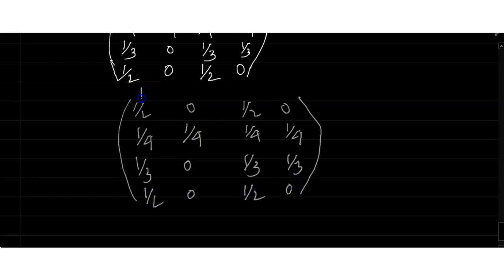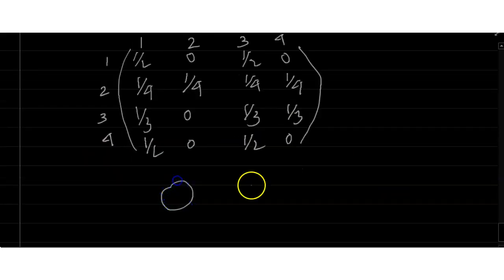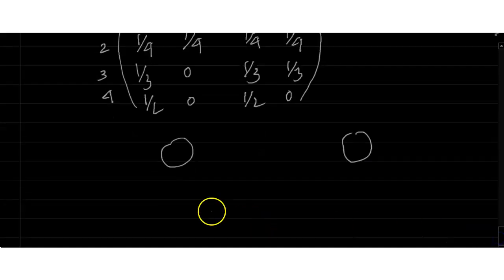So I can write this way: 1, 2, 3, 4, 1, 2, 3, 4. This is my total. Now I draw the directed graph. This is my 1, 2, 3, 4,